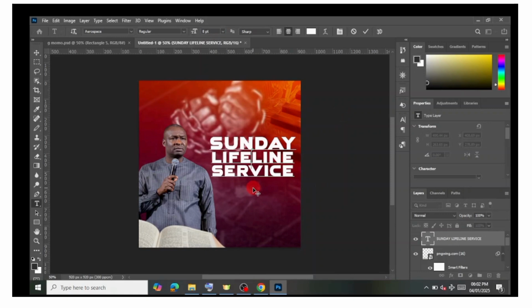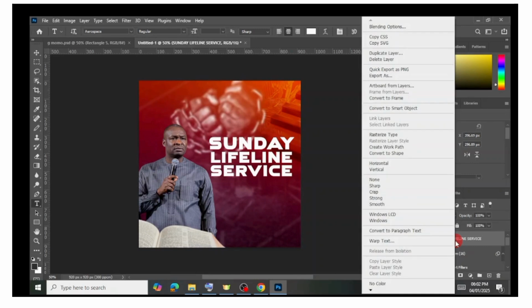Okay. Now let us give it a stroke. So what will you do? Now you see, go to the layer. This is a layer. Okay. Then you right click on a layer. So right click, then go to blending options, the first one, blending options. Okay, click on blending options,